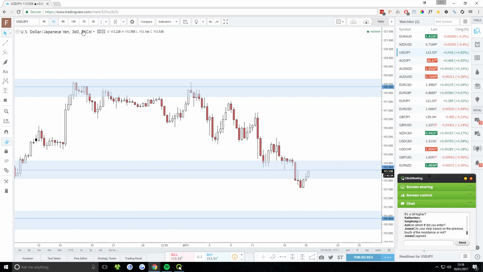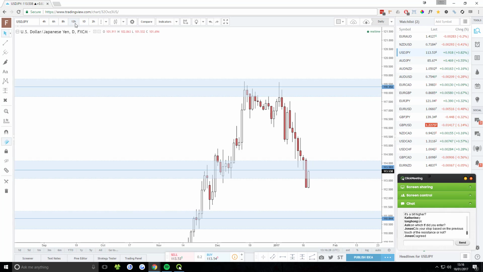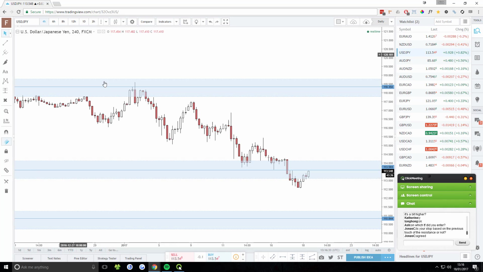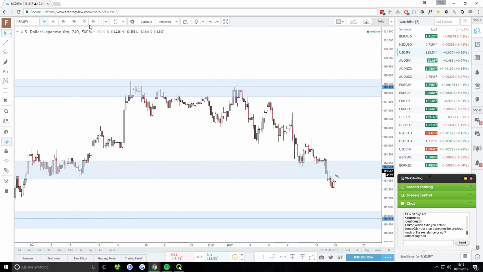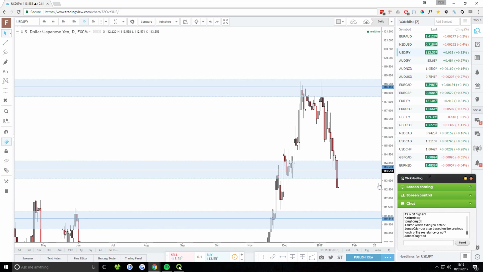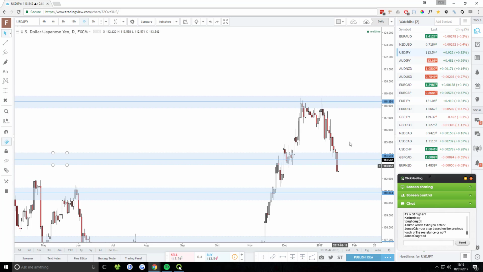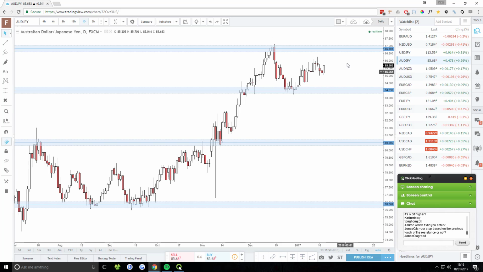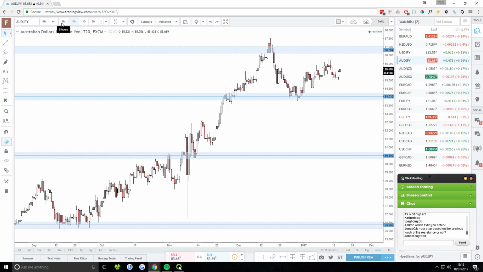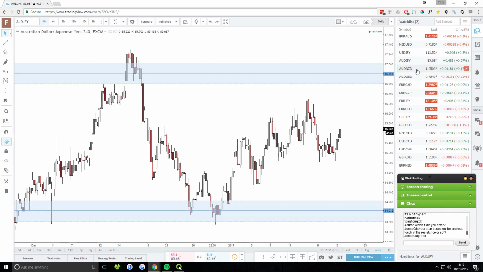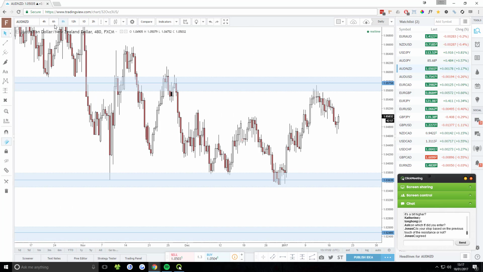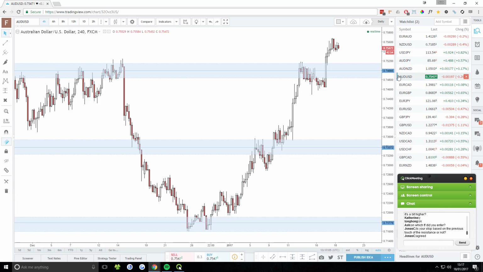All right, so USD JPY, what's going on with that? It went below our support area and now it's coming back up into the support area. So there's not really a potential for a trade here based on what I'm seeing. This might be the start of a new area of support resistance. We might have to adjust our support resistance areas, but right now I'm not going to do that. We can't really do anything with this today. AUD JPY is in between two support resistance areas, so we're not going to see much happening here. AUD New Zealand is in between two support resistance areas, so we're not going to see much happening there.